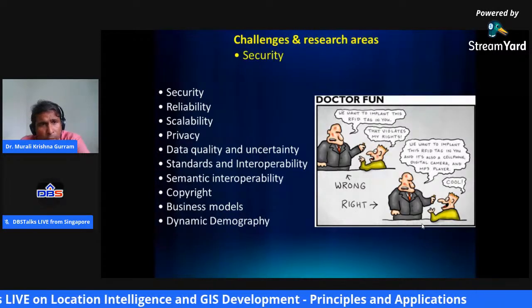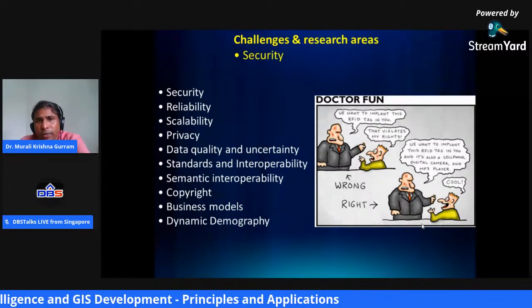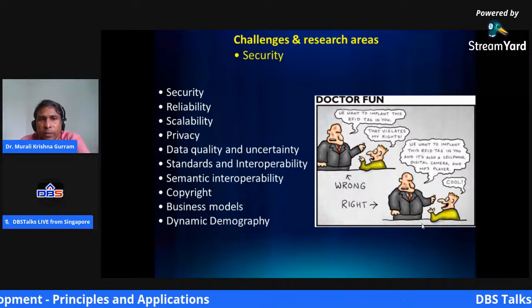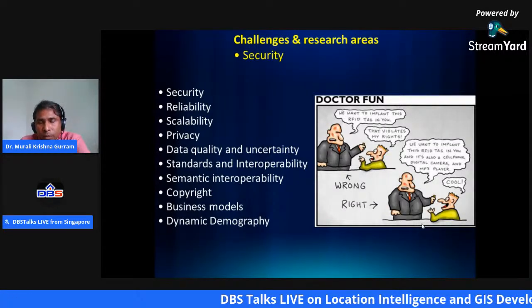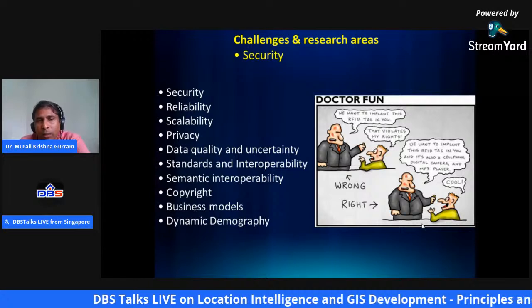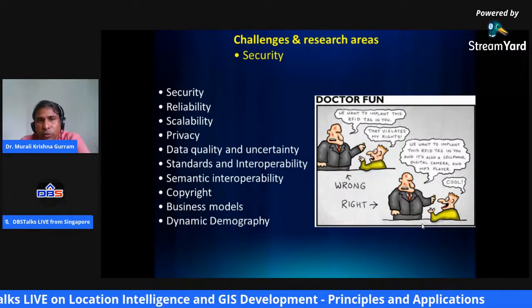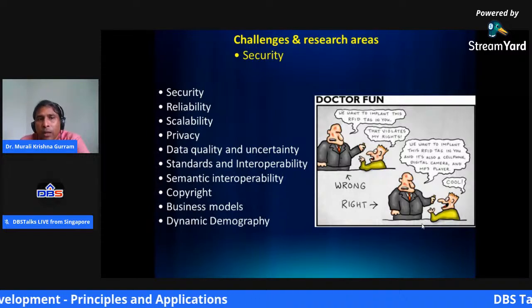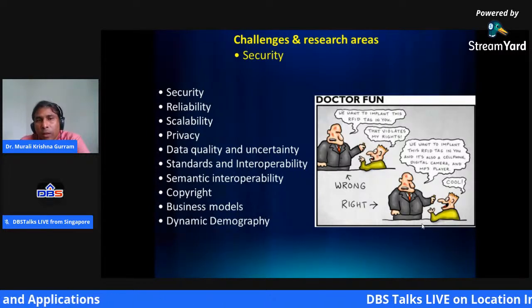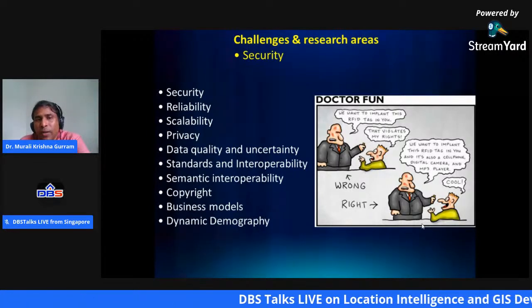So security is the most important thing; a lot of focus is being diverted to maintaining the security of all the systems that we are developing today. And reliability is one important factor.